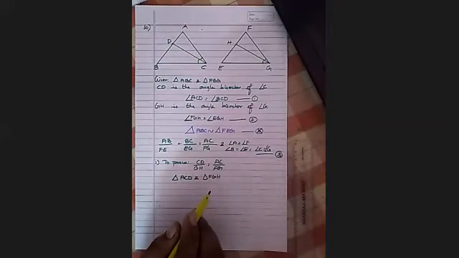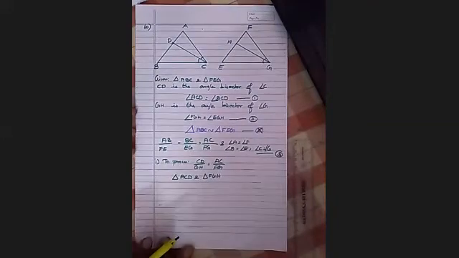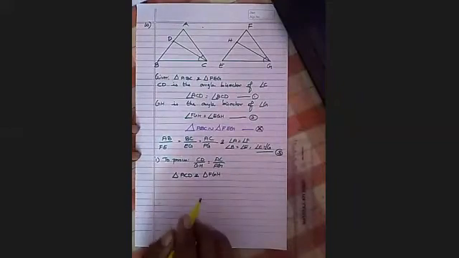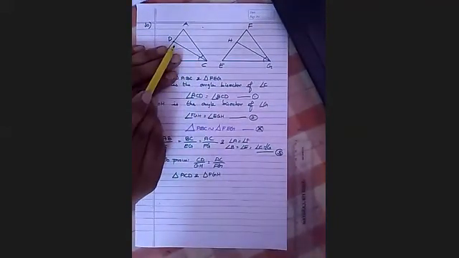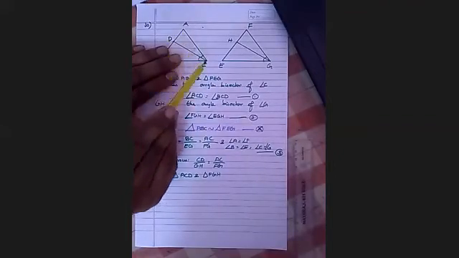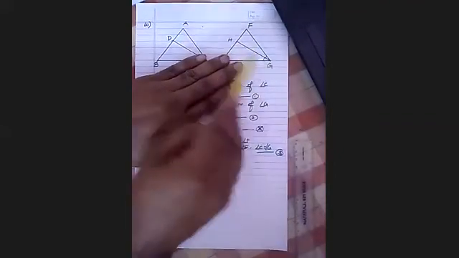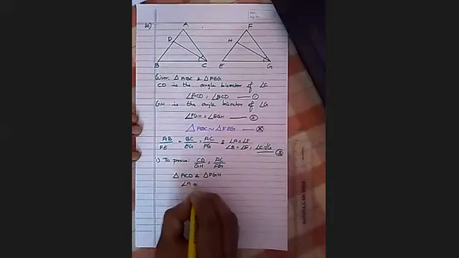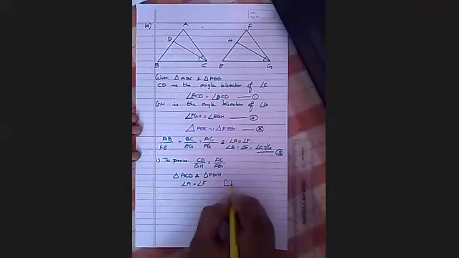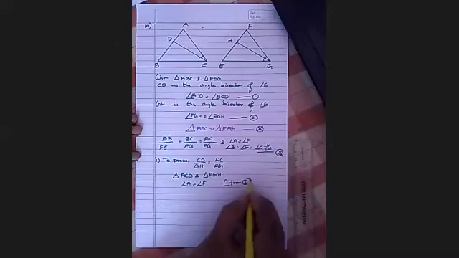Okay, I'm going to prove these two as similar. If you prove these two as similar, then only can we write these ratios as equal, right? So how are we going to prove it? Just see. In triangle ACD, see the upper part of the triangle, and here FGH. Here, angle A and angle F are equal. Do you agree? Yes, from equation 3.